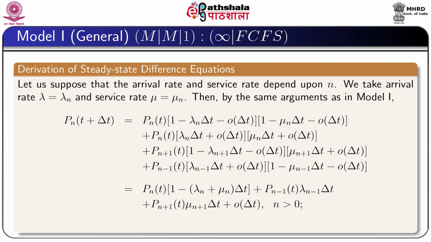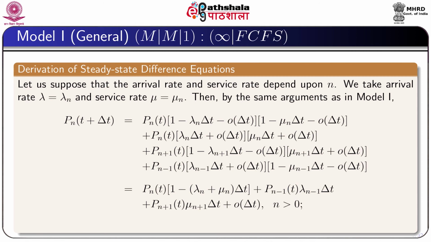The only difference is that the arrival rate and service rate are assumed to be dependent on the size of the system. Let us suppose that the arrival rate and service rate depend on n, the size of the system. We take arrival rate lambda equal to lambda n and service rate mu equal to mu n. Then, by the same arguments as in model 1,